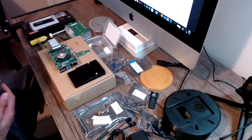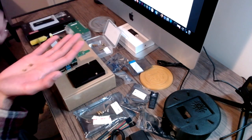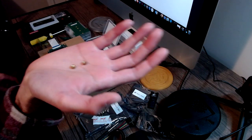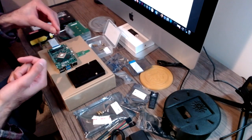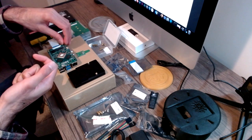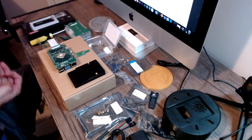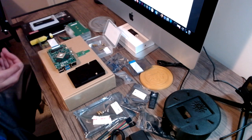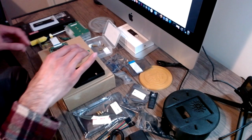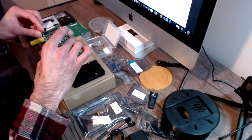So what we'll need to do from here, so we've got these little nuts. You guys can see those. Yep, mine are gold colored. And we're gonna put those where we had those prongs sticking out. So I've got my board, it's still upside down, and we're gonna see about installing those on those little prongs. Okay, so now that we have these 2 nuts screwed in on the Raspberry Pi board,